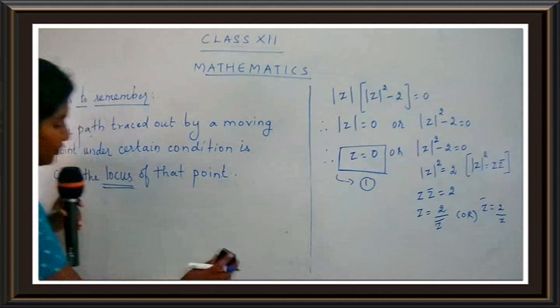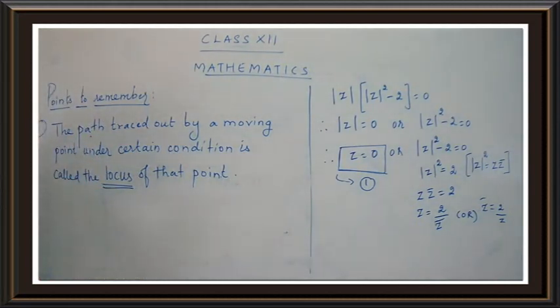Now for the second point, you are going to write down the definition for circle, and it is given in page number 73. So take down page number 73. You have a definition for circle there. You have a pink color box. Just see the pink color box, children. You have to write down the definition. Take down the definition, children, for circle. A circle is defined as the locus of a point which moves in a plane such that its distance from a fixed point in that plane is always constant. Write down the definition for circle.